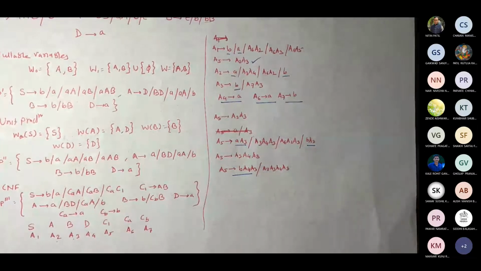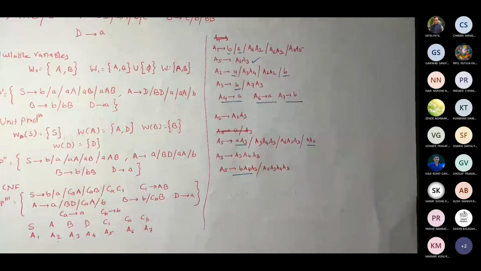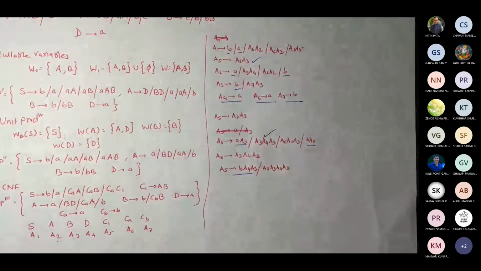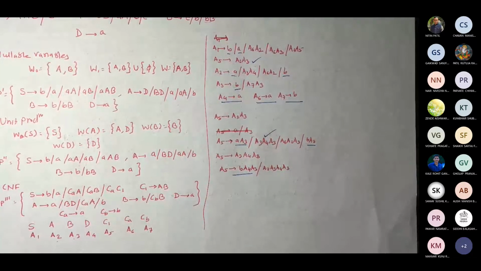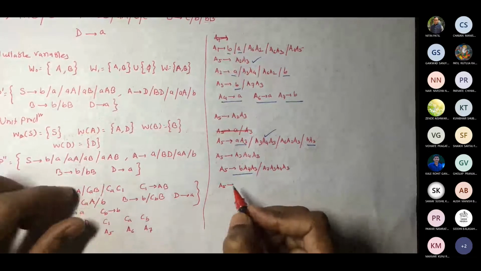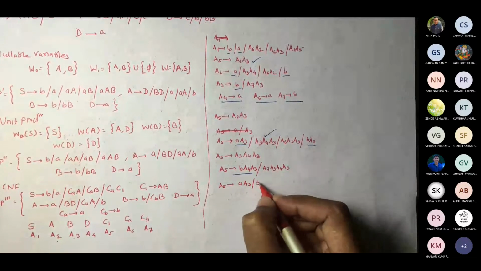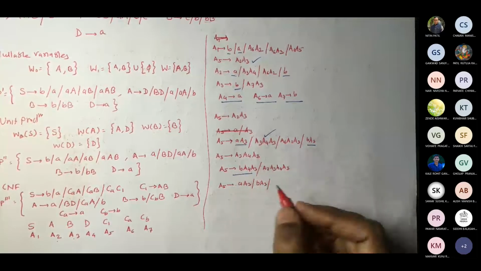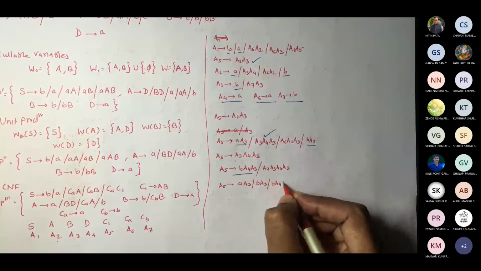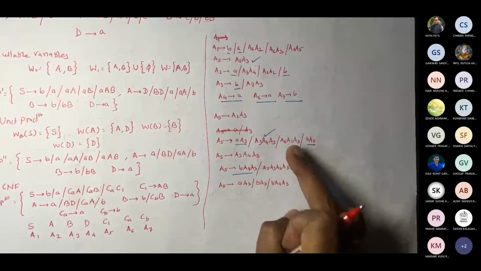Now there are no remaining ones. So we will write A5 productions directly first. Correct? Because now we have to only replace the values here and here. So we worked out with these two. So this is done. Correct? Fine. Now let us write all A5 productions together. A5 gives. Let us start from the right initial thing. So A3, BA3. I am taking that marked one first. B, A4, A3. Fine. So these three are done. So do we have any A5 productions? No. So these two are to be written now. What is A6?